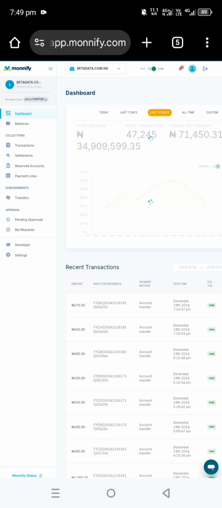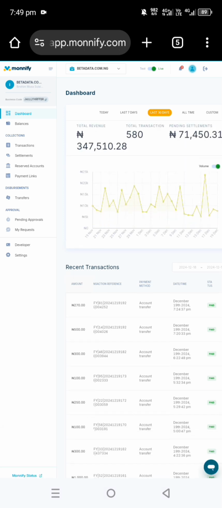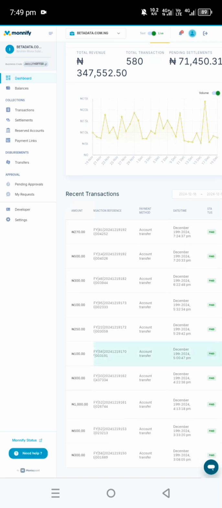This is the last 30 days. For the last 30 days, I have performed 347,000 naira. This is the last 7 days and so on. These are the transactions from 200